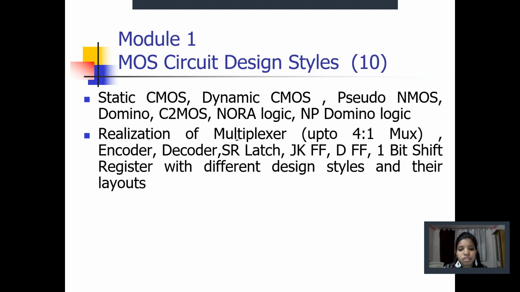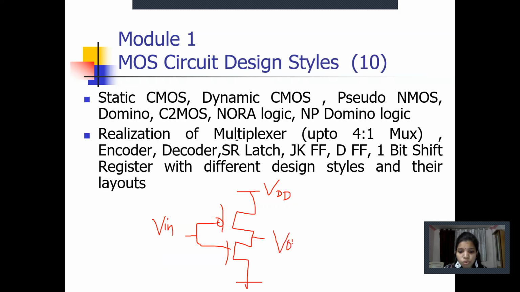Now in VLSI, the main topic is CMOS. What is CMOS? If you remember, one PMOS and one NMOS are connected in series. This is PMOS and this is NMOS. On the lower side there is ground and on the upper side is VDD. Then it is called a CMOS inverter, or you can say MOS inverter. It is called an inverter because whatever input we apply, we get the inverted output at the output terminal. If A is the input, then the output will be A bar.